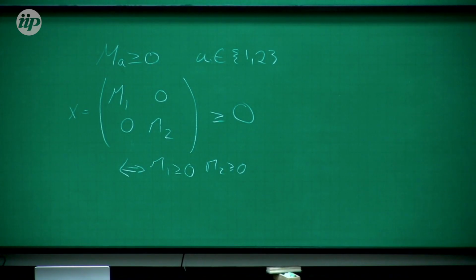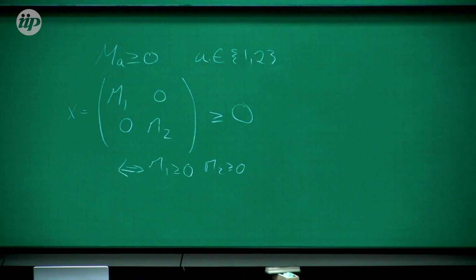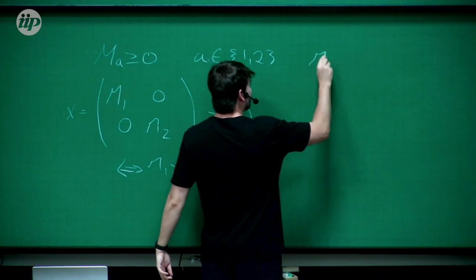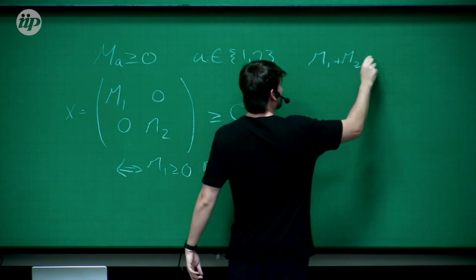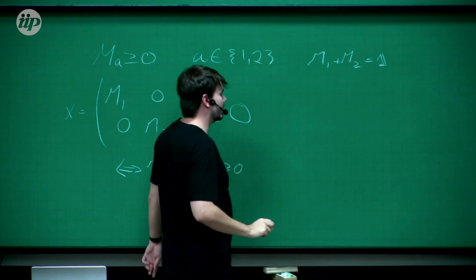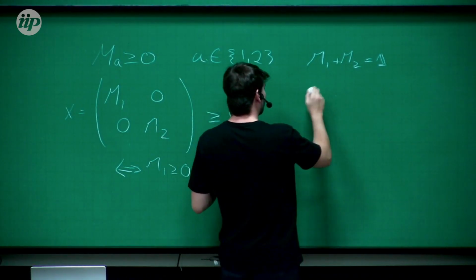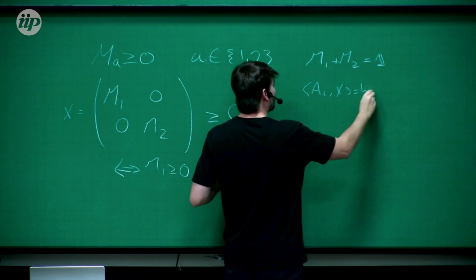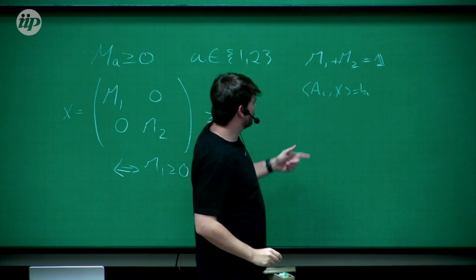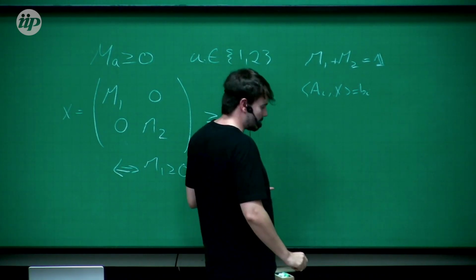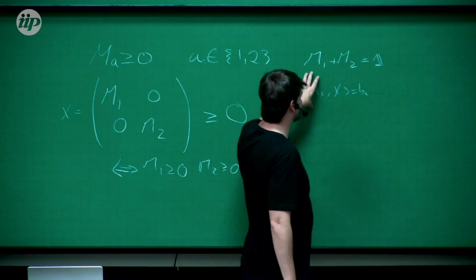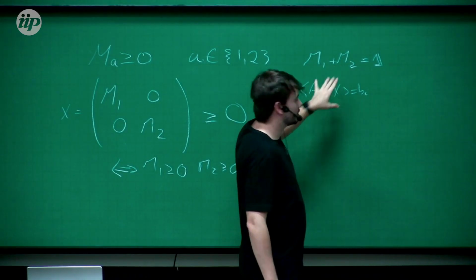And now I just have a constraint like this, right? That their sum is the identity. So I'm saying that M_1 plus M_2 equals identity. And the constraints we had before were of the form trace of A_i X equals b_i. How do you go from something like this to this? Do you guys have any ideas how, by playing with constraints of this form, we can impose something like this after we did this direct sum?